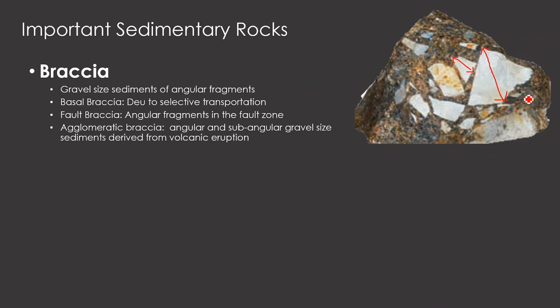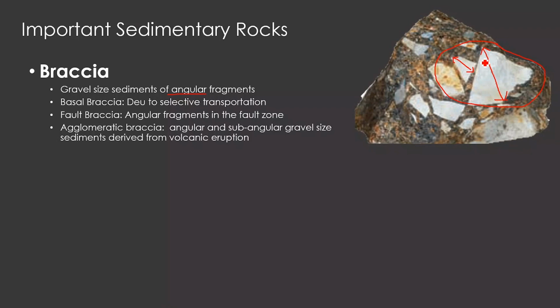Another important factor is the shape. You remember the texture you have studied. We studied the sphericity and roundness of the rock, and here we are talking about the shape of the rock, which is angular in nature. The fragments are more than 2 millimeter in size, which is the major clast of